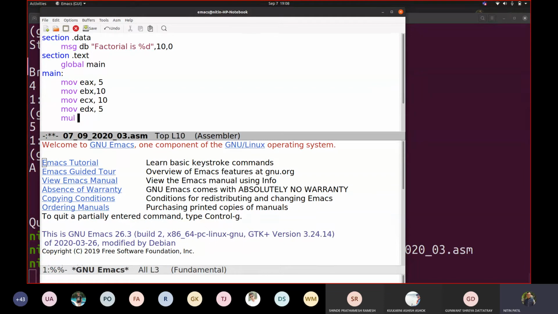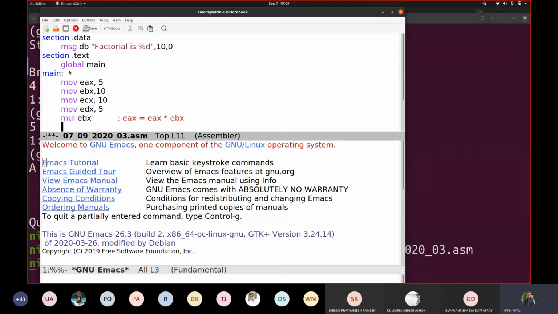Let me write here mul. Now this mul is similar to add and sub. The only difference is that mul takes only one parameter. So if I write here EBX, for example, the understanding is EAX is equal to EAX multiplied by EBX. I'm not writing one important component here, which you will understand after we execute this.